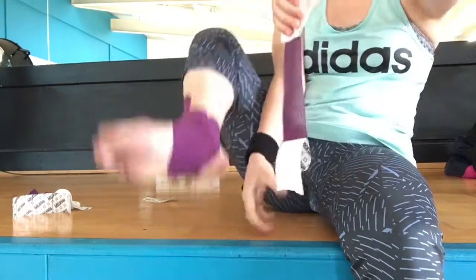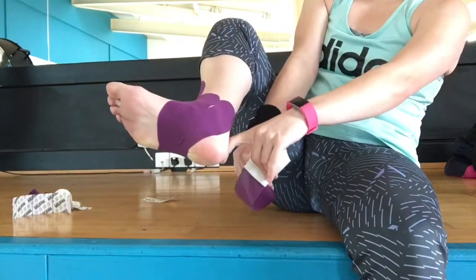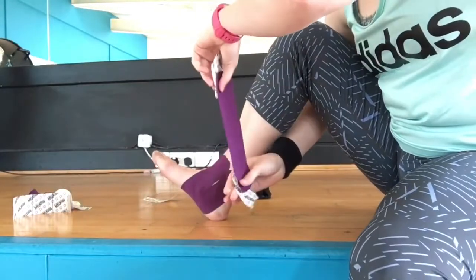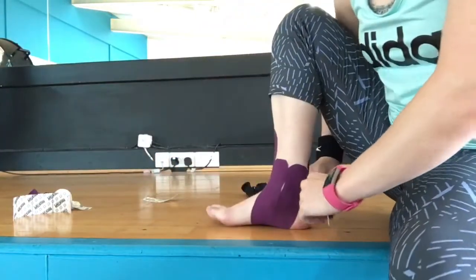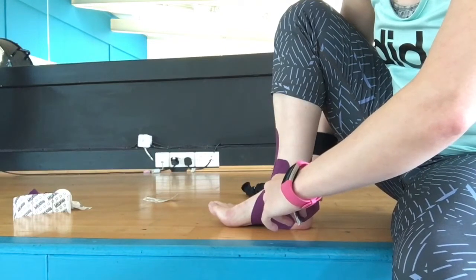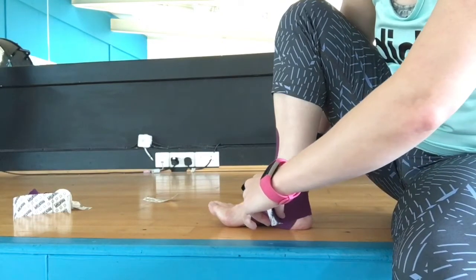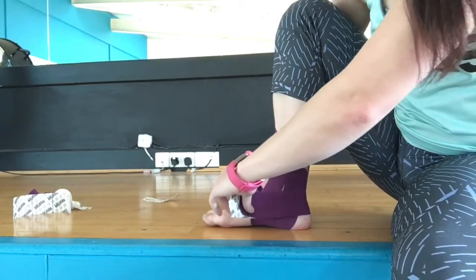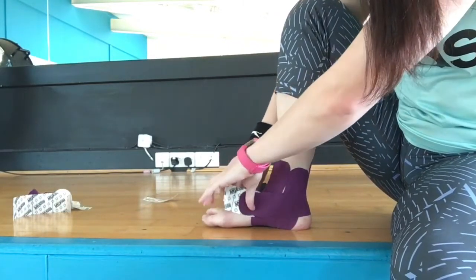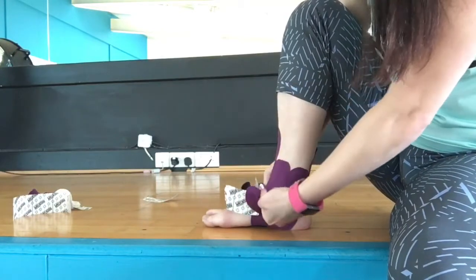So what you want to do now, starting at the back of the heel, this is going to be really awkward to show you this, you want to place it, again, foot is flexed, aim in the middle of the tape, directly with the middle of the heel. About 60% stretch this time. You're going to run this tape down both sides of the ankle, leaving the tails,